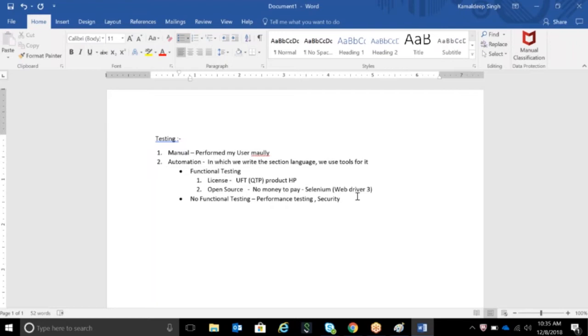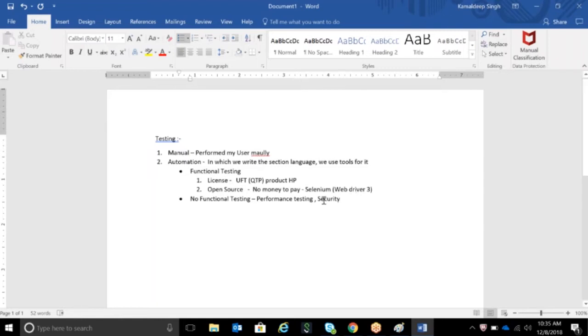For example, if I have a bank site like Bank of America, and two users are using it, the application works very fast. The moment you enter your username and password and hit login, the homepage renders immediately. What if 1,000 users, or 1 lakh users, are hitting that application in one go? The performance of the application will get degraded, or it might even crash. To check to what extent the application supports the users, we do a testing known as performance testing.